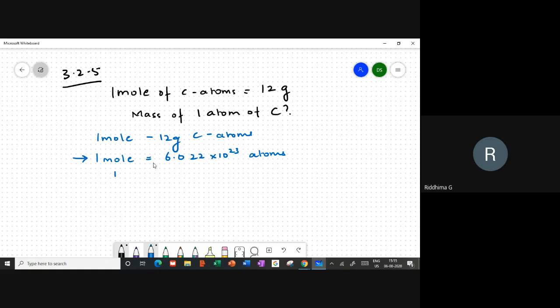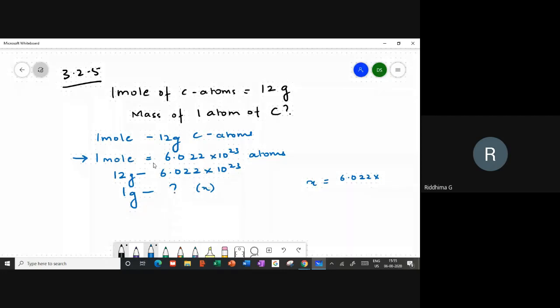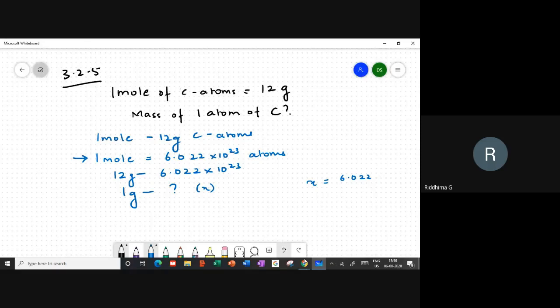So I'm going to use the simple unitary method here. If 12 grams is this, then 1 gram is how much? So I'll just do the unitary method. I multiply this, so it will become 6.022 into, oh wait, this will go in the denominator. This will be 12